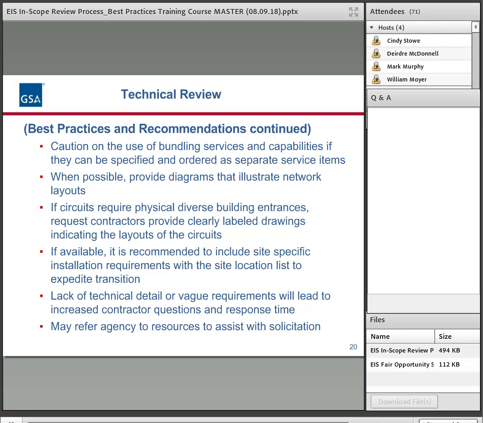And if we do see a solicitation that we're providing a lot of comments on, that we think the agency's having trouble coming across with a solid solicitation, we may recommend a tool session where you go to the solicitation assist tool if you haven't done that already. And so you want to provide as much information as you can that makes sense to the vendors, but if you have sensitive data that's not necessary to include in the solicitation, then we'd recommend that you not include that.